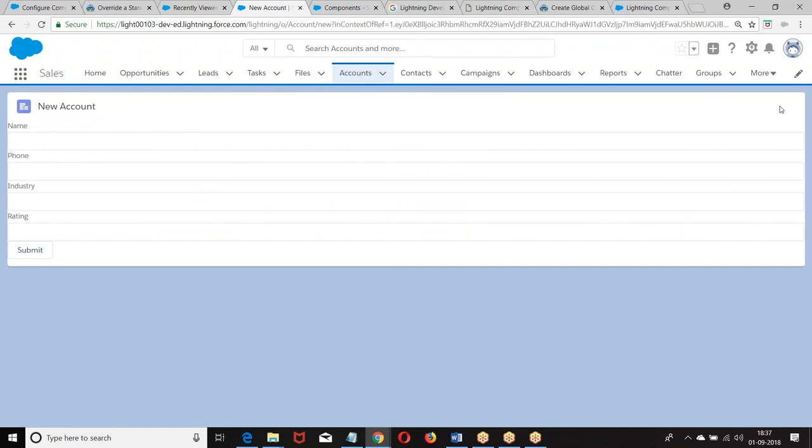So if you want any action to be displayed here, how do you display? These are actions of the card. Set actions. This is set title. This is set footer. Now you can define whatever logic you want. I hope you are good with this. So what was this? Overriding the standard action or creating a custom functionality on standard pages. This is called object specific action. Everyone has followed this? Okay.